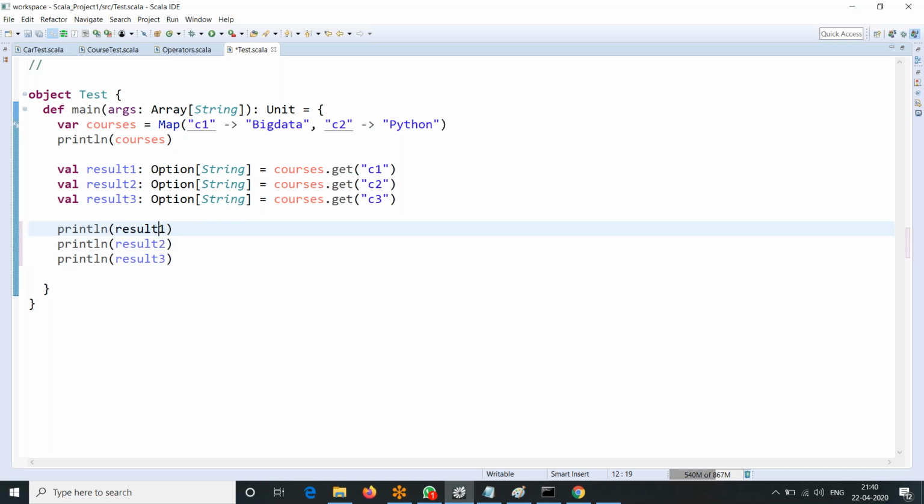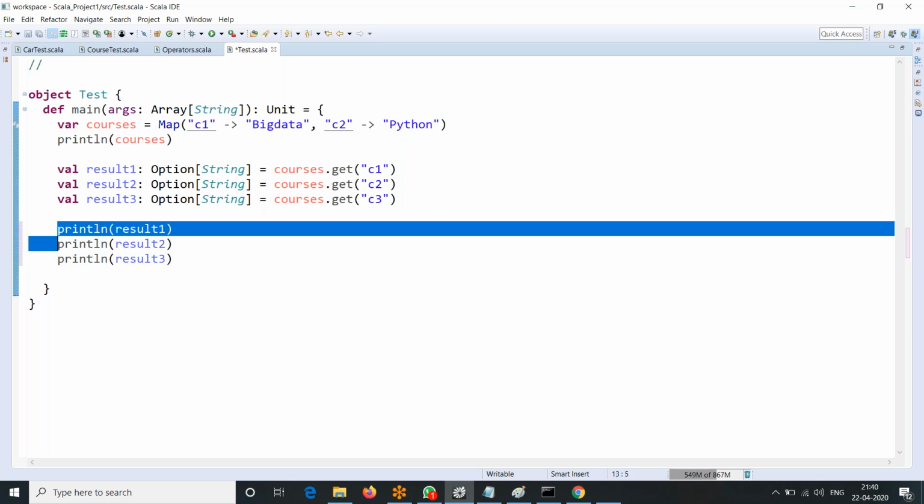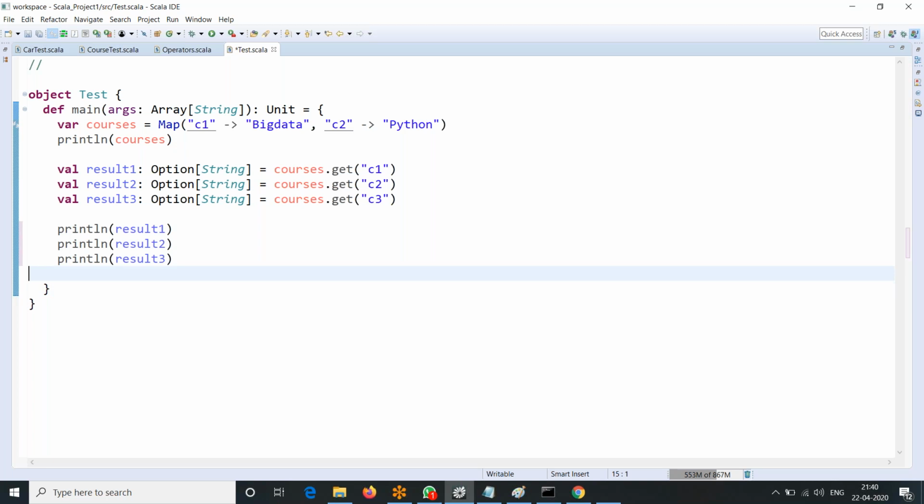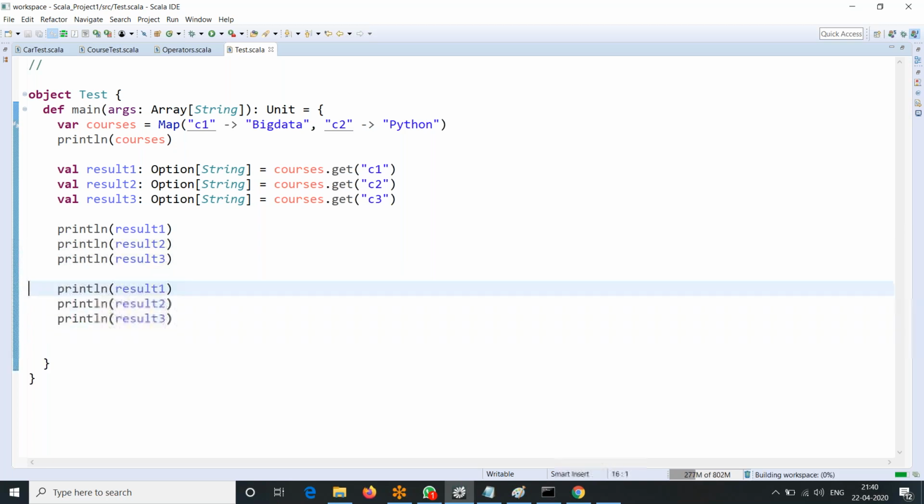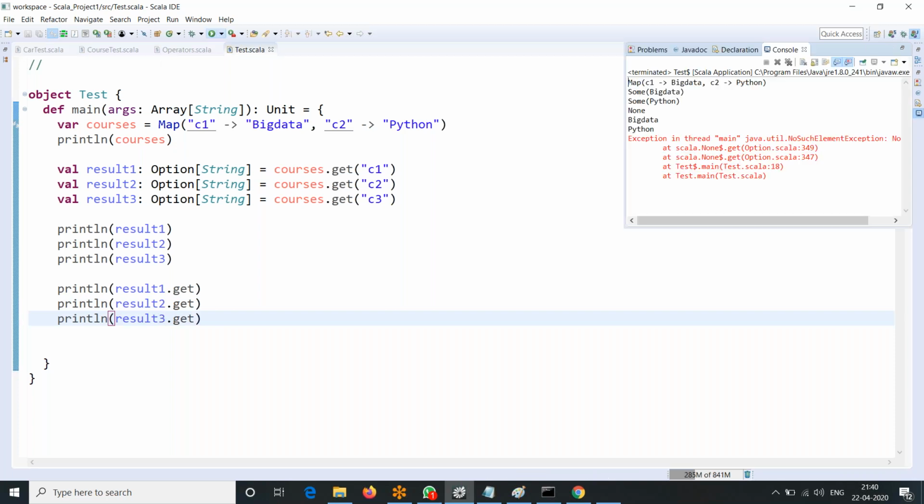I'll take 3 more prints so that you don't miss the flow here. So now on top of this, I'm saying get here on option. Result 1 is an option. Result 2 is an option. Result 3 is an option. On top of that, I call get here to show you the difference. See, I'm getting an error.